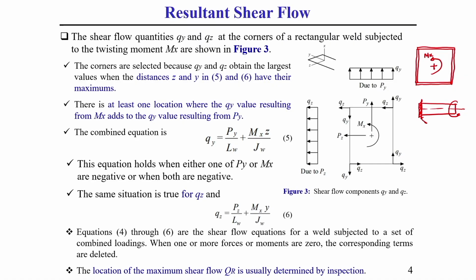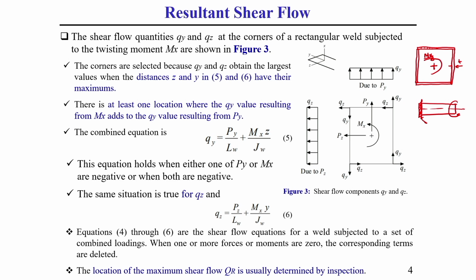So, if a welded structure, let us consider a rectangular side weld, and its throat thickness is T, and it is subjected to a torsional moment Mx, then what should be its shear flow due to this Mx? Here one thing you should keep in mind: due to the torsional effect, the torsional shear stress is maximum where the distance from the centroid of the weld is maximum.